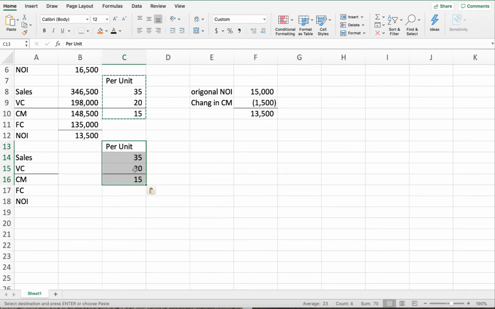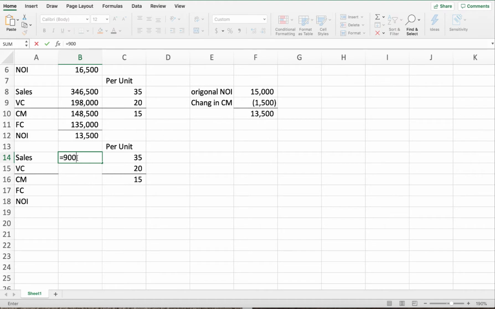My variable cost is still $20 per unit. My contribution margin is still $15 per unit. So I'm just going to calculate the new sales. 9,000 times my per unit selling price, $315,000. My new variable cost in total, 9,000 times that $20,